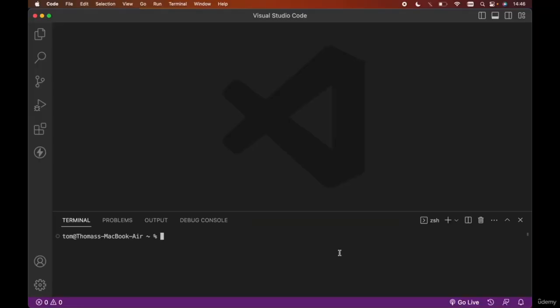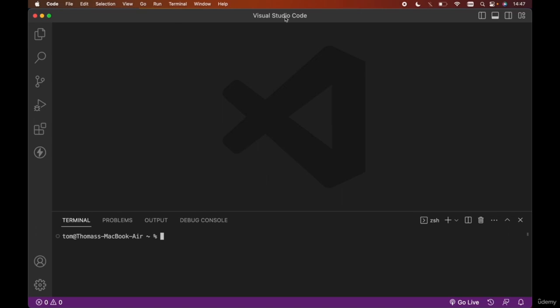In this lecture, we're going to set up our initial Next.js project based on the starter repo that I've created for this course. Now, the reason I've created a starter repo for this course is because we don't have to waste time during the course to npm install a bunch of packages that we're going to need throughout the course. Also, it means we're going to be on exactly the same versions of packages while working through this course together. So with that said then, let's create our very bare bones project based on the starter repo that I've created